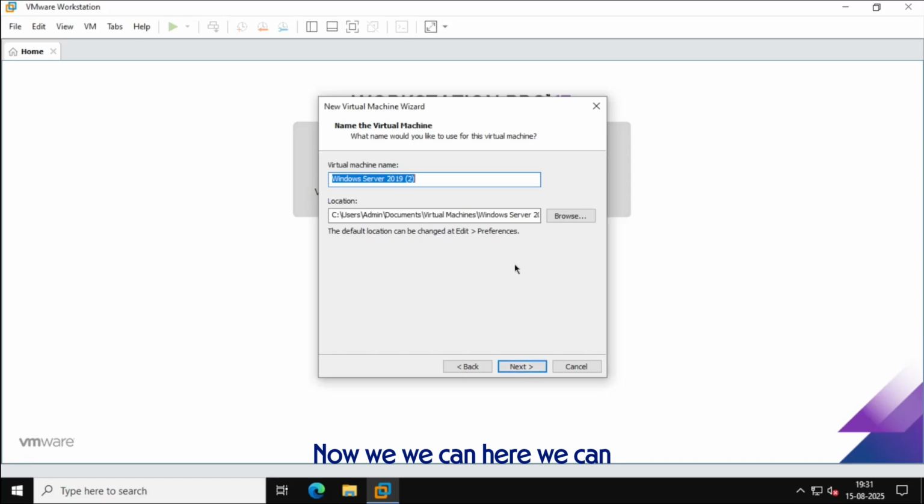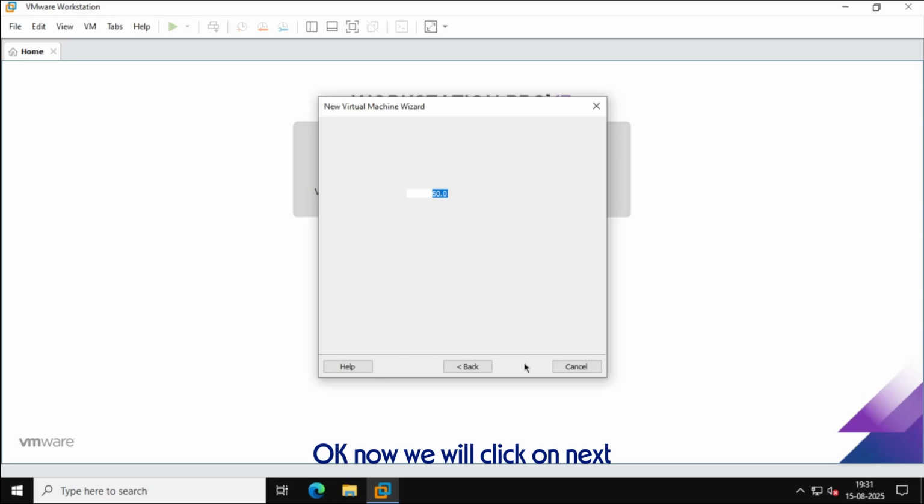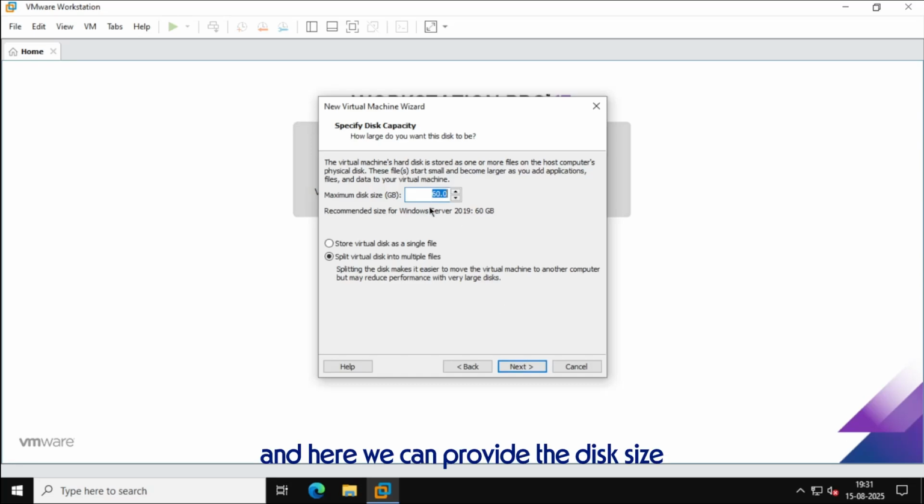Now here we can rename it whatever, Windows Server 2019. Okay. Now we'll click on next, and here we can provide the disk size, or in simple words we can set the hard drive size of the virtual machine for Windows Server 2019. Here we will store the virtual disk as a single file, because it will be located in a single place, not among different places, different locations. Now we will click on next,